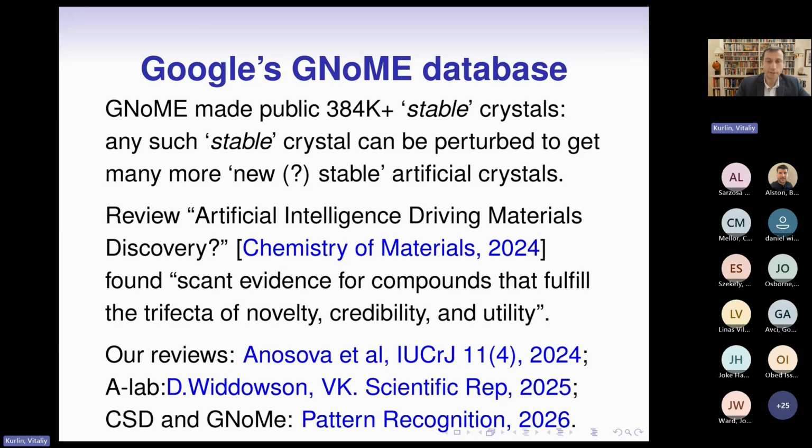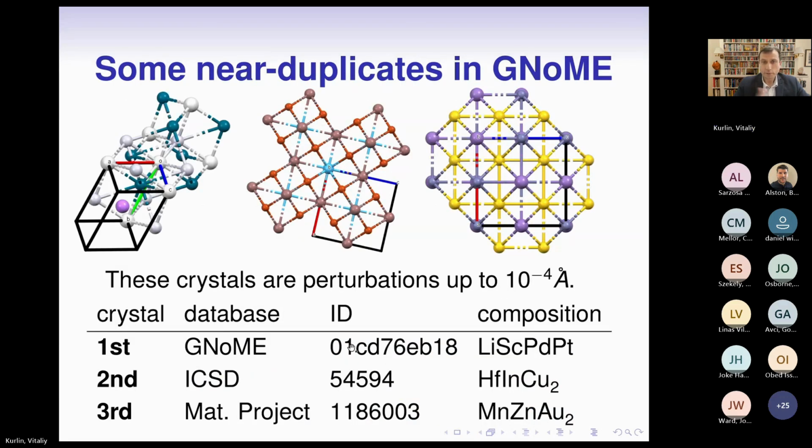First example here: 3 crystals from different databases and even with different compositions, but geometrically nearly identical, with perturbation up to a very tiny fraction of 1 angstrom. So geometrically nearly identical and suspiciously different compositions. When we change atoms in this way, we expect that geometry should be perturbed more than up to this